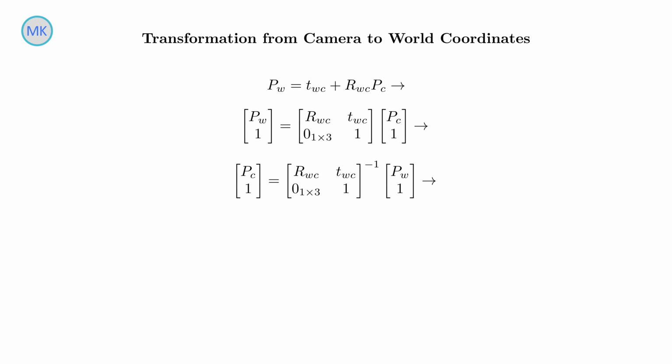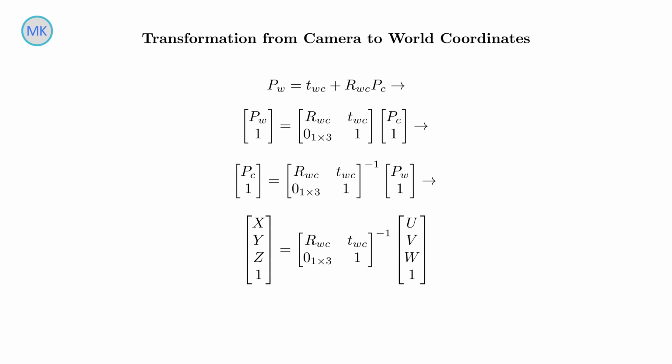Initially, the relationship between a point in the world and the same point in the camera frame is described by the first equation. Next, the equation is expressed in homogeneous coordinates, which allows both rotation and translation to be represented within a single transformation matrix. Here, the coordinates of point P are given in the world coordinate system. To convert from world coordinates back to camera coordinates, we use the inverse of the transformation matrix. Finally, the last equation shows how the point P, with camera coordinates x, y, z, is computed from its world